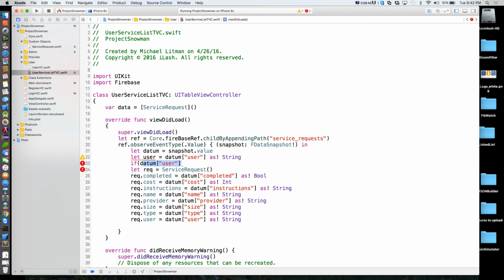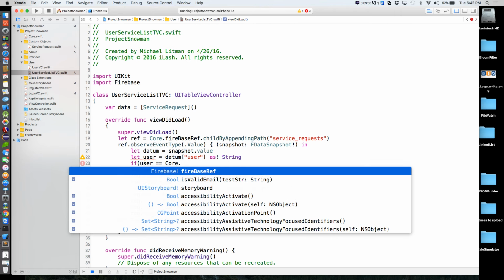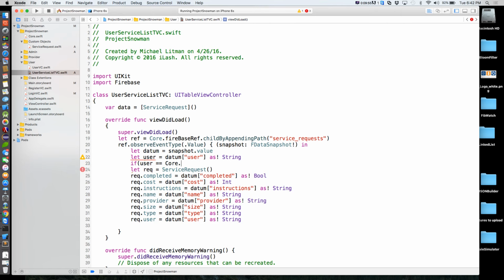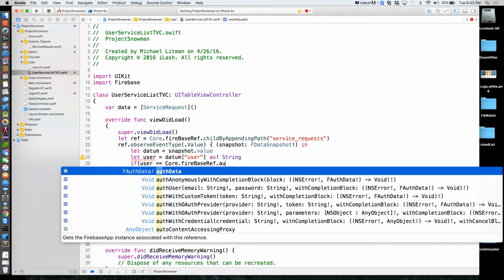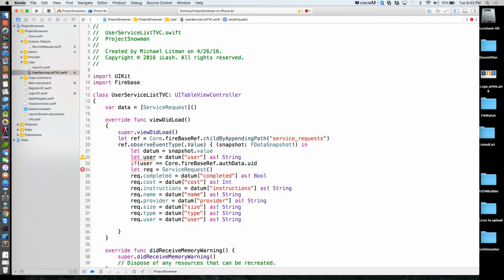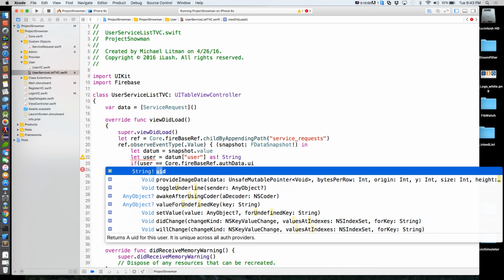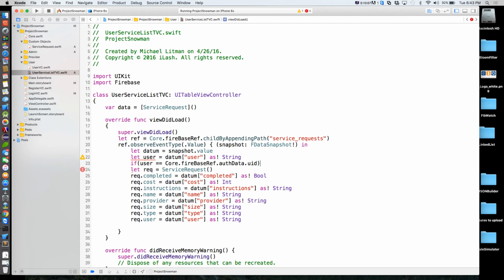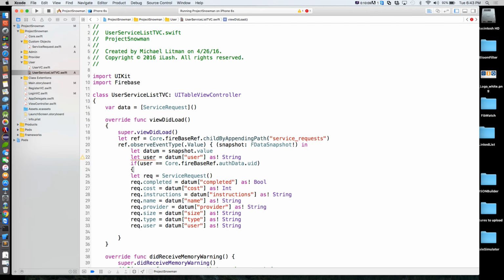Then we can say if user is equal to core dot, I don't know if we actually stored auth data, but we can just use Firebase Ref auth data.uid. Actually, is UID guaranteed? Yep, it is. All right, so if user is equal to UID,